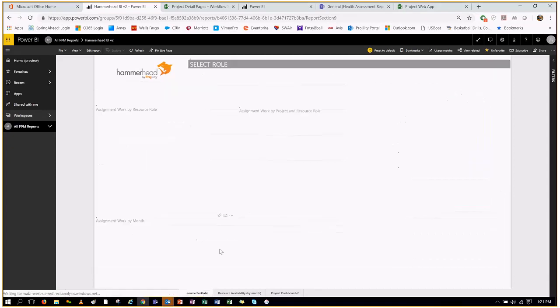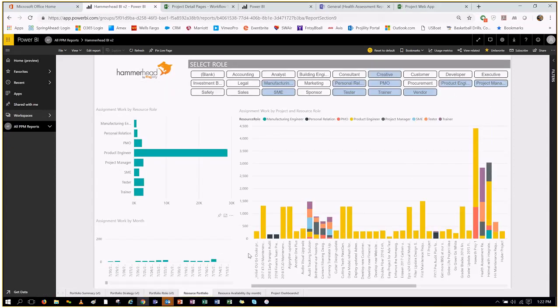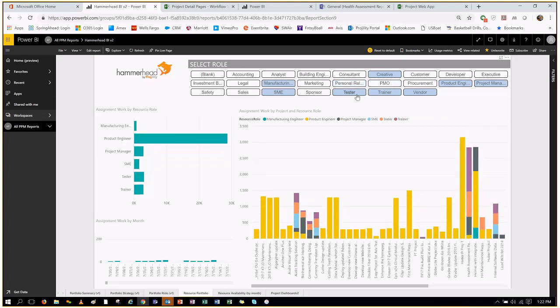Finally, we can look at the portfolio from a resource perspective, and we can start drilling in and adding or removing specific resources. So show me just my testers, trainers, and product engineers, and what is the forecasted assignment work for this pool over time? Do I have certain projects that are consuming certain